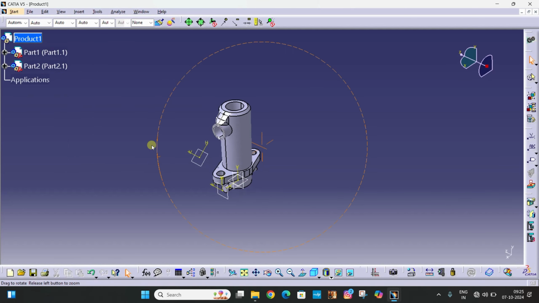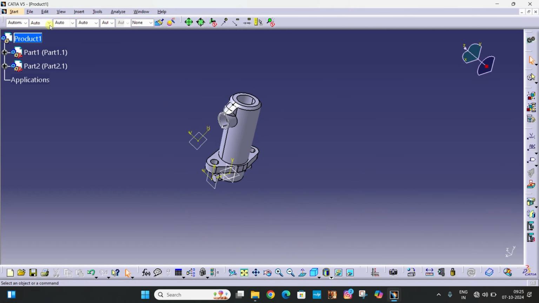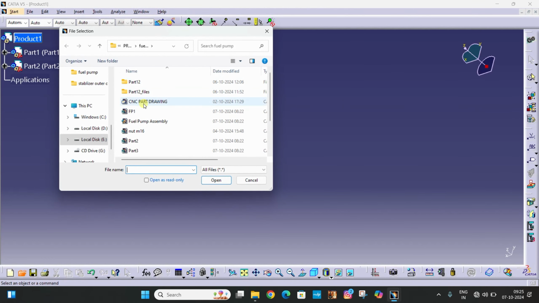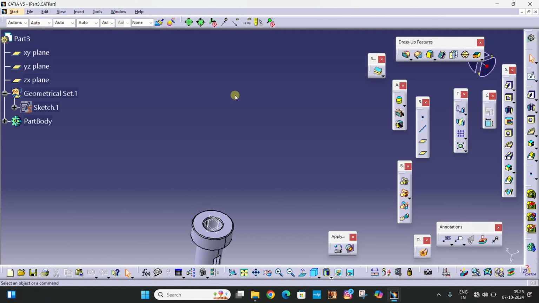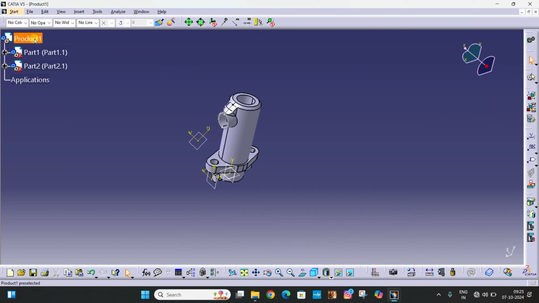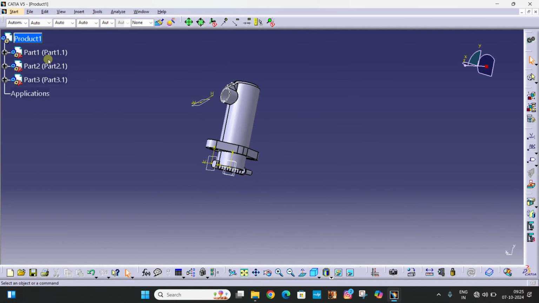Now I will add the third component. For that I will go into File, Open, Part 3, Open. Click on the part name, right click, copy, go to the product window, click on the product name, right click, paste. As you can see, I have generated 3 components here,